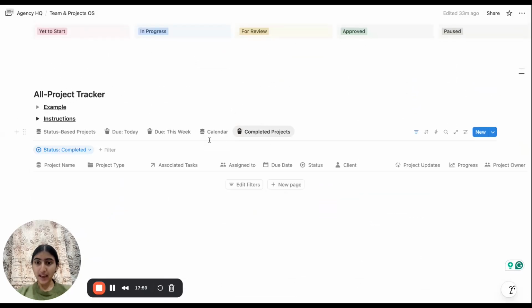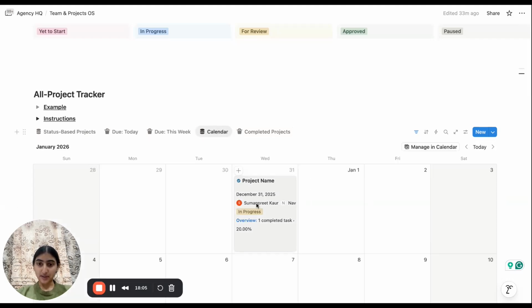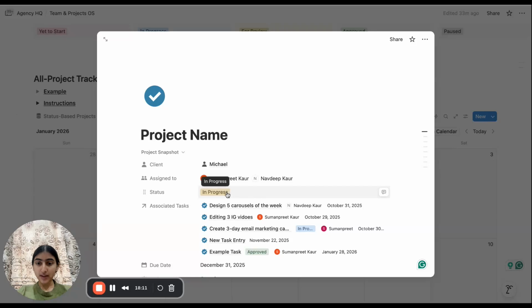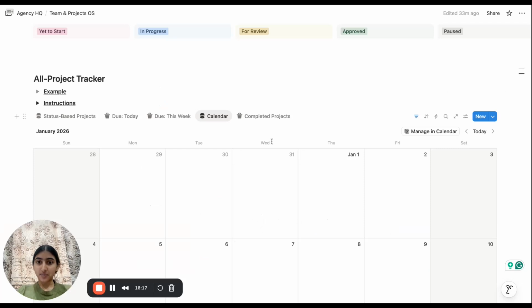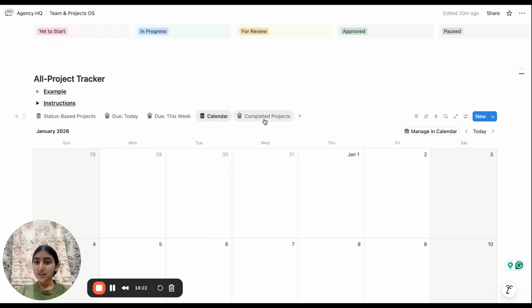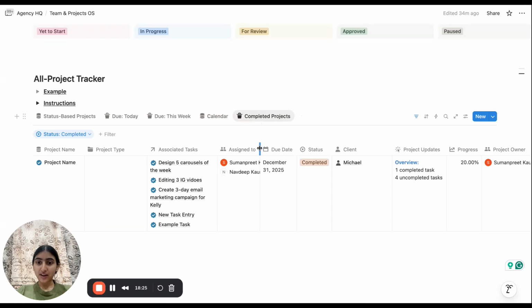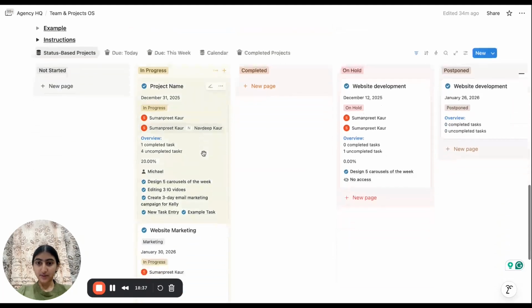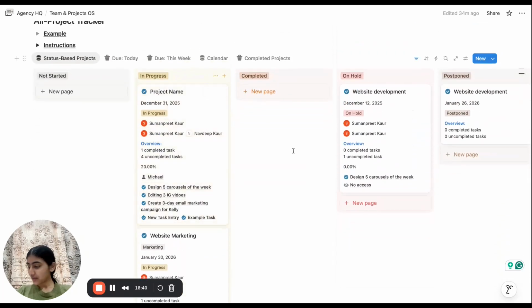And as soon as you mark any task as completed, it will be moved here. Let me give you an example. Let's say this is a project name, and it's marked as in progress. Now I would move it to completed. Okay, now you can see it's not visible here, because why create any kind of clutter when we can keep things separate and organized based on what's pending and what's completed? Now let me move it again to in progress. So you can see here we have all of the project updates.